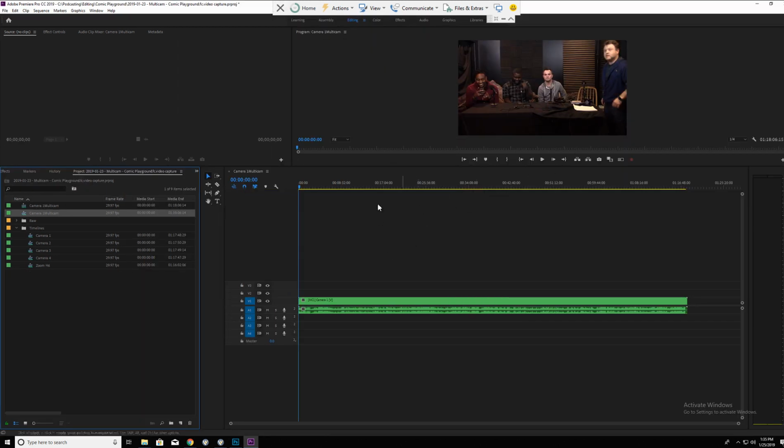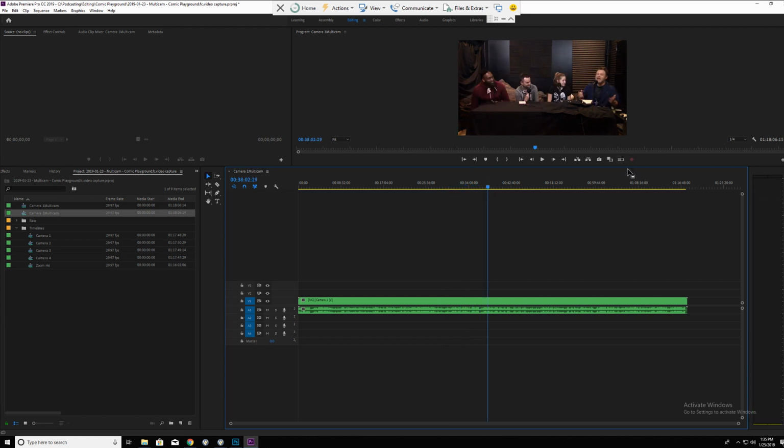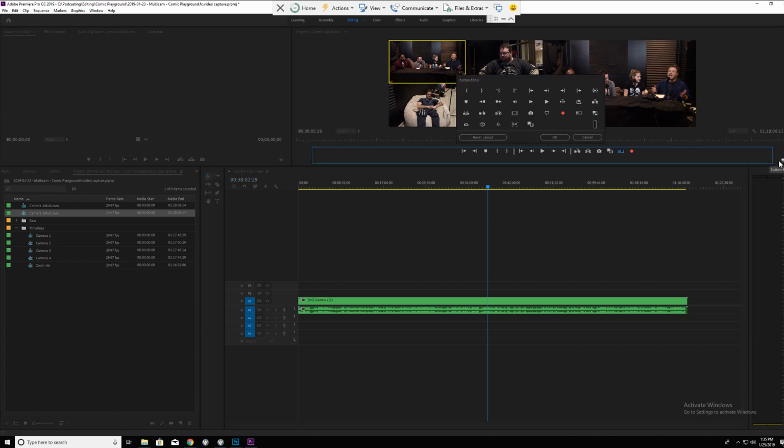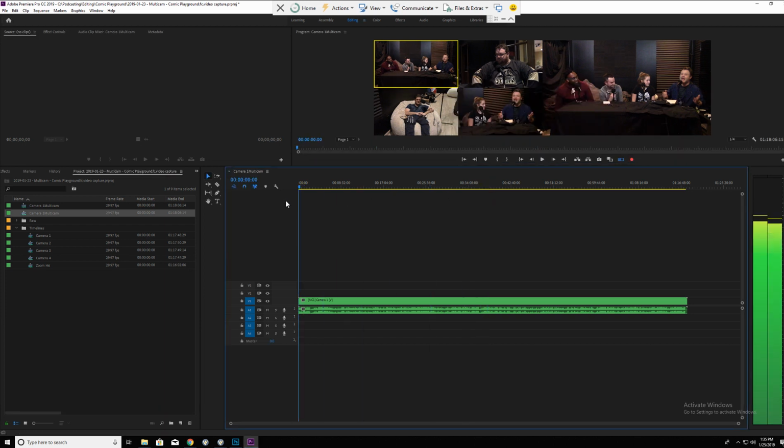And now you can see we've only got 1 camera source here, but that's because the other ones are hidden. So if I click on this button, and if you don't see that button, click this plus sign over here. It will let you pick some editor buttons, and you want to pick this one, which is the multicam editor. And so that shows up over here. So now, when I edit,